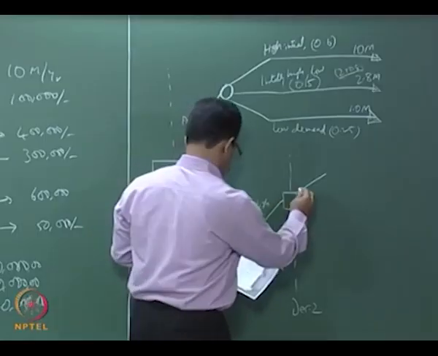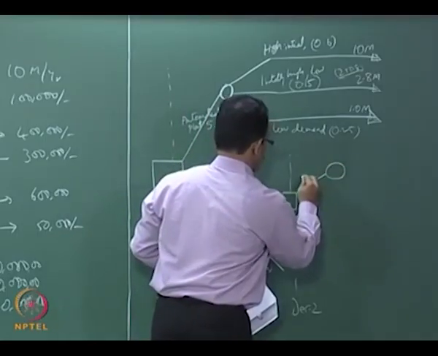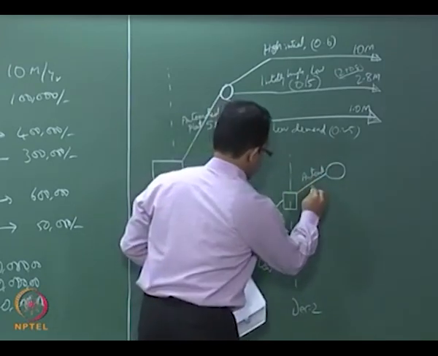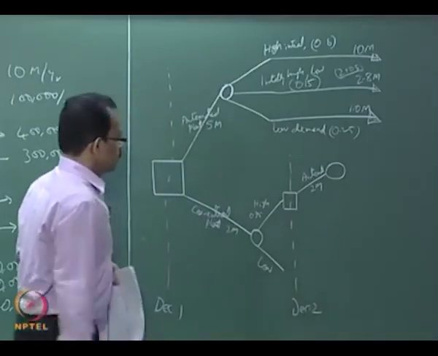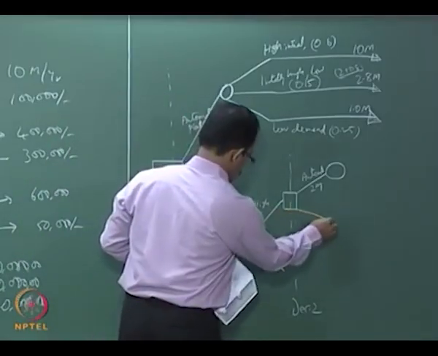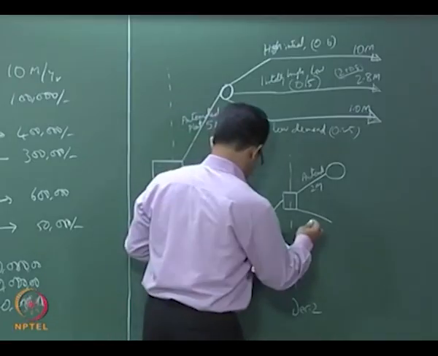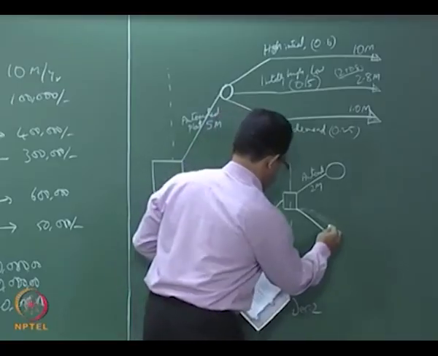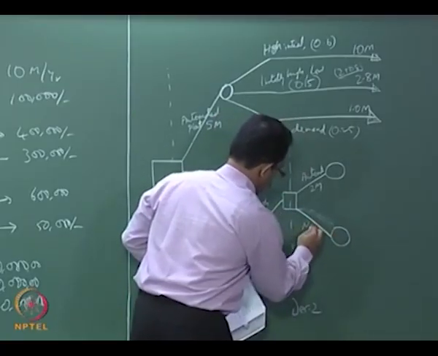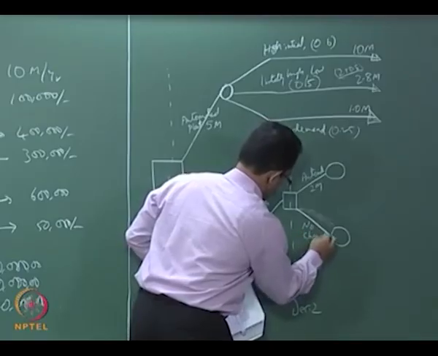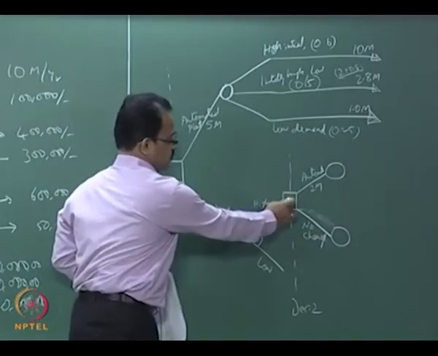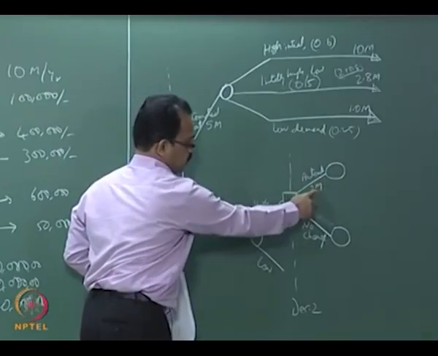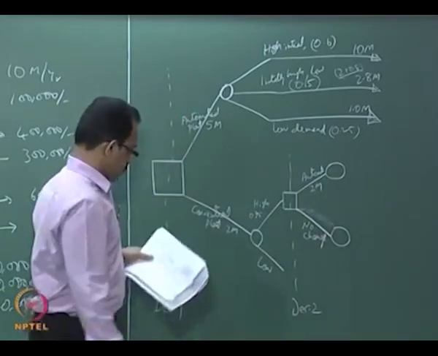So you automate with an investment of 2 million, or you can go for the conventional one, no change. So this decision node will take a decision whether to automate the plant or not. So one option is automate with a 2 million investment, other one is no change,